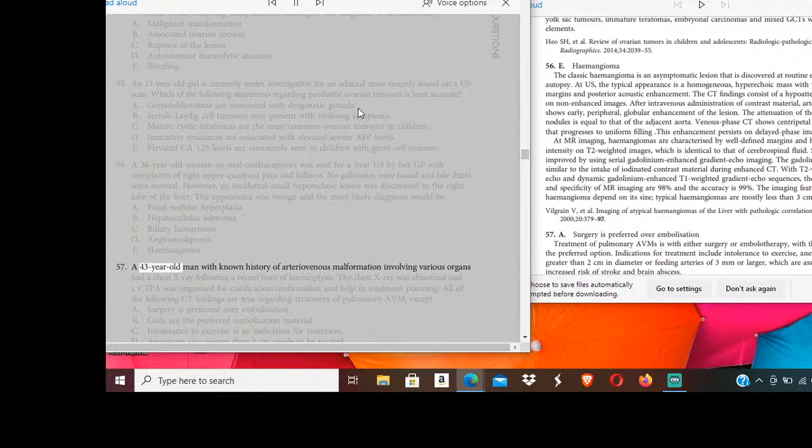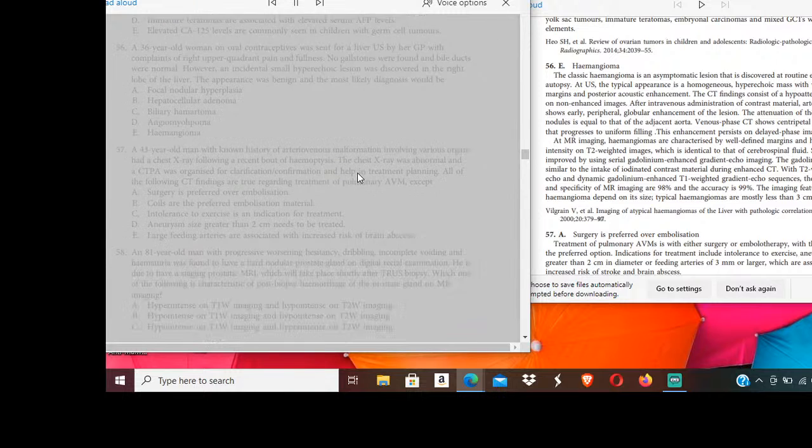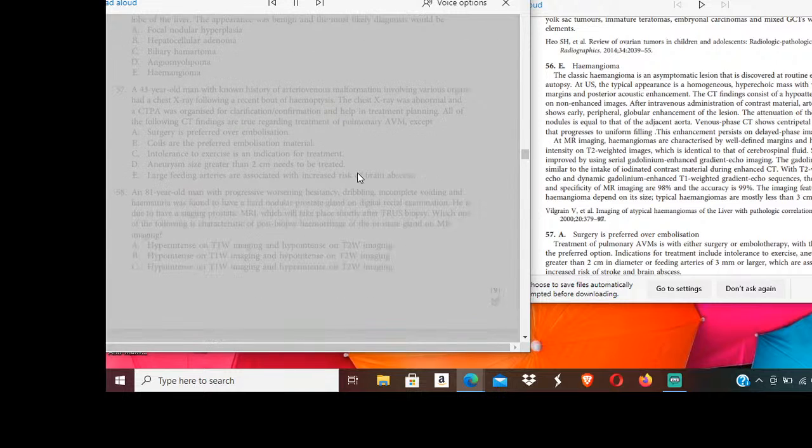57. A 43-year-old man with known history of arteriovenous malformation involving various organs had a chest X-ray following a recent bout of hemoptysis. The chest X-ray was abnormal, and a CTPA was organized for clarification/confirmation and help in treatment planning. All of the following CT findings are true regarding treatment of pulmonary AVM, except